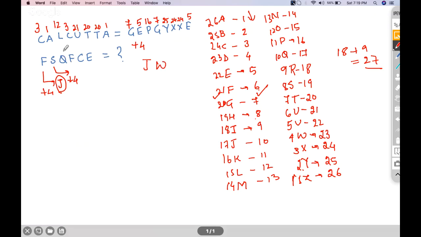Q is 17 for me. So 17 plus 4 is 21, which is U. Then I have F. F is again 6. 6 plus 4 is 10. So Z. C is 3. 3 plus 4 is 7, which is G. And then the E, 5 plus 4 is 9, which is I. So this is,